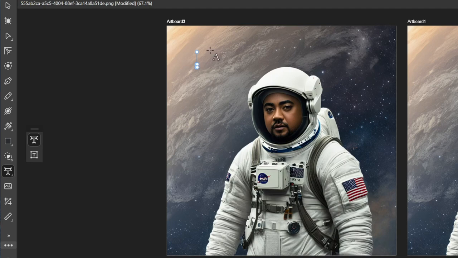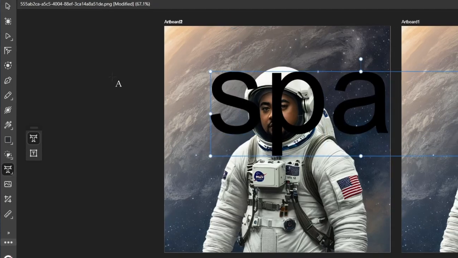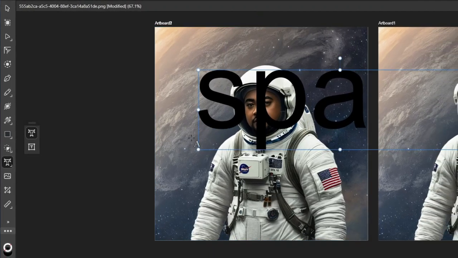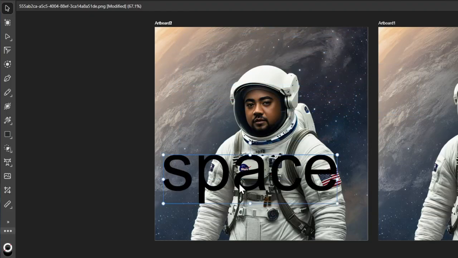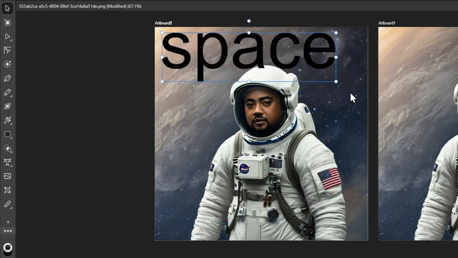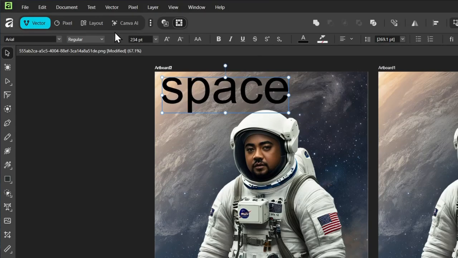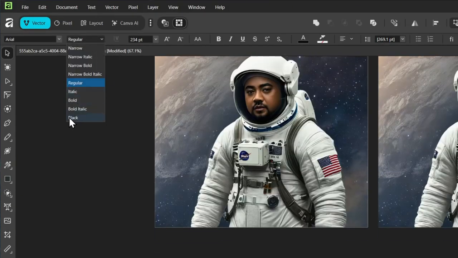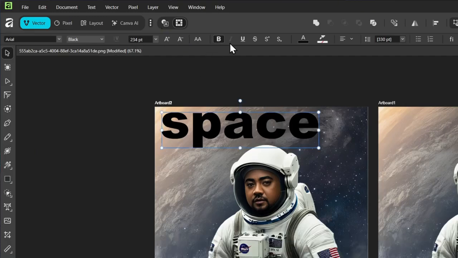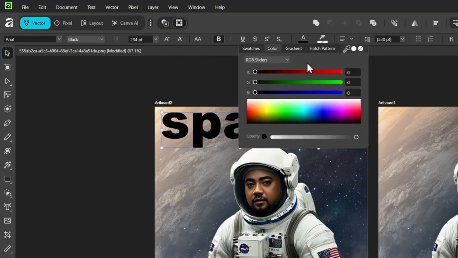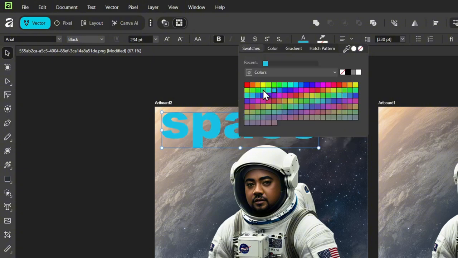What I like to do is to drag out the letter to make the size of what I want to text, and then I can just start writing whatever I want. And so once I type that in, then I can just select my select tool and I can just adjust the size to whatever I want. And you can always go ahead and play around with the coloring and so forth and the font. So you have the fonts right here that you can choose, and you basically change the font right here. You have the sizing, you have the color that you can easily switch to